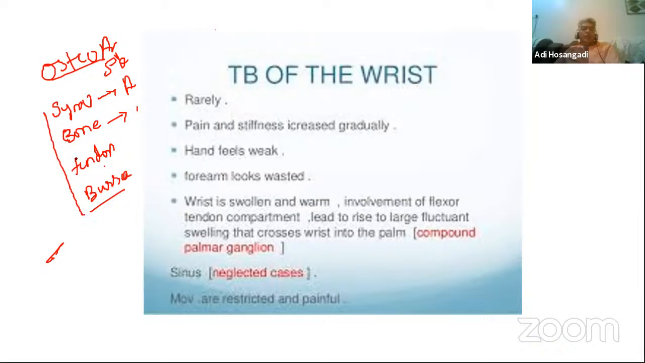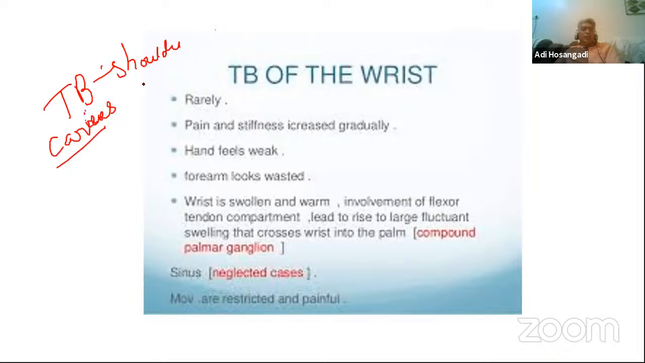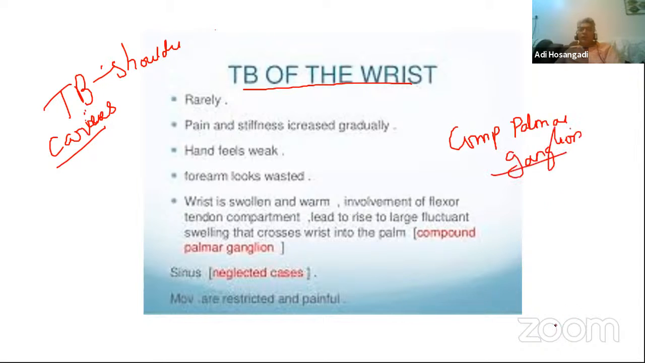Just like there is a typicality in tuberculosis of the shoulder, wherein it forms caries sicca, which is like dental caries or decay in the tubercular shoulder, the specialty of tuberculosis of the wrist is that you get to see compound palmar ganglion. If you remember from the anatomy class where you have been explained,